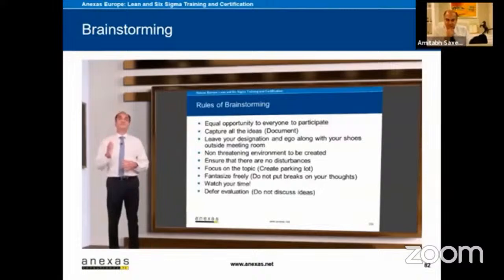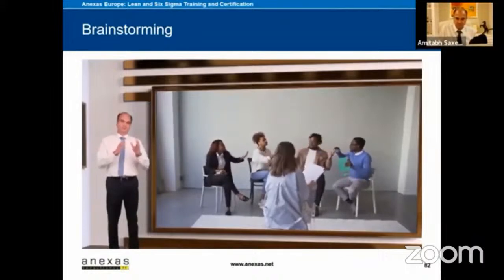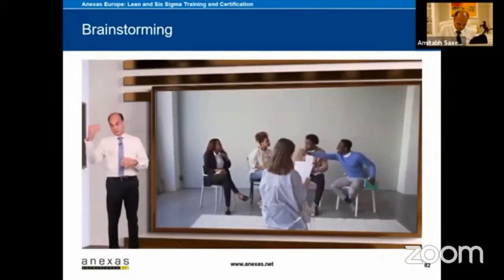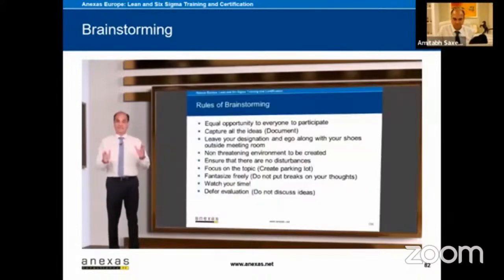And defer evaluation. Now this is one of the rules which is often violated. People start discussing the ideas. Someone gives an idea and someone else says, well, it will not work in an organization. Or some other person gives an idea and someone else comments, wow, it's a great idea. So don't evaluate. Reserve your comments for evaluation